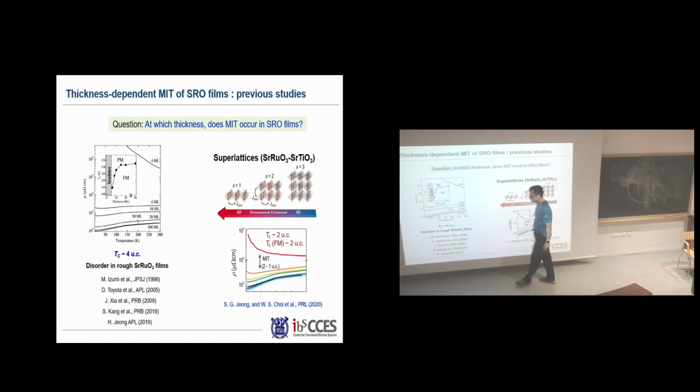In a Japanese group in 1998, the 4 monolayer strontium ruthenate was an insulator, and 6 monolayer became metallic, and so on. So they said the fundamental limit should be around here. And surprisingly, a lot of later work reported that 4 unit cells might be the limit. However, recently there was some work done by a university in Korea, and they said that when you make a superlattice, they can make this metallic layer at 2 unit cells and so on.